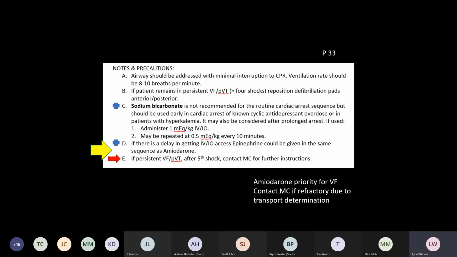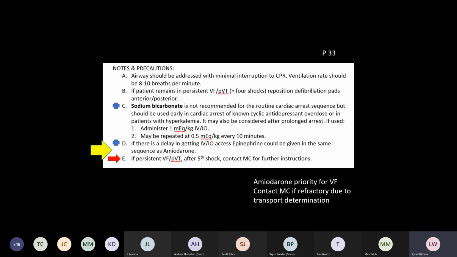Now, if there is a delay in getting your IV-IO access, epinephrine could be given in the same CPR sequence as the amiodarone. They're two totally different drugs, so there's no reason that you couldn't give them during that same sequence. If persistent Vfib or VTAC after the 5th shock, contact medical control, if possible. And the note down here is amiodarone is a priority for Vfib, contact medical control if refractory to determine transport